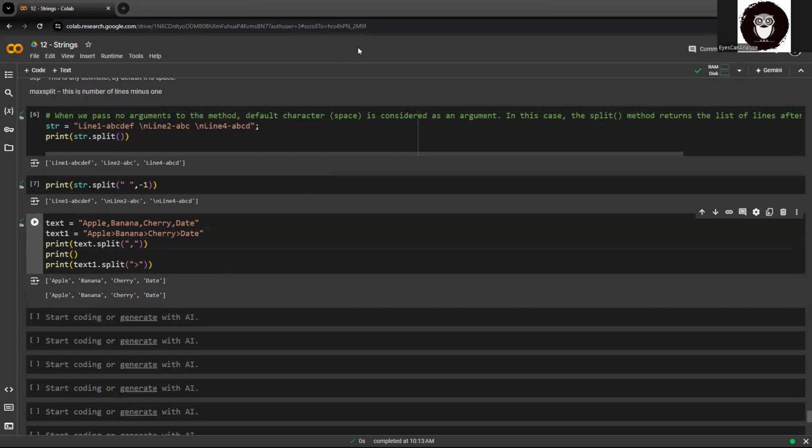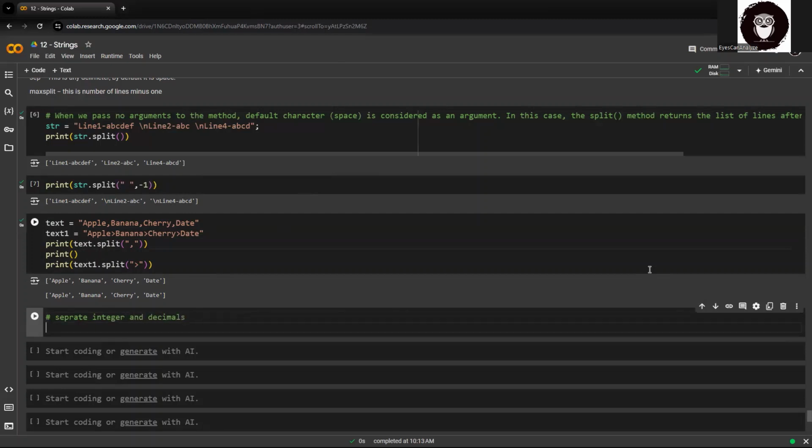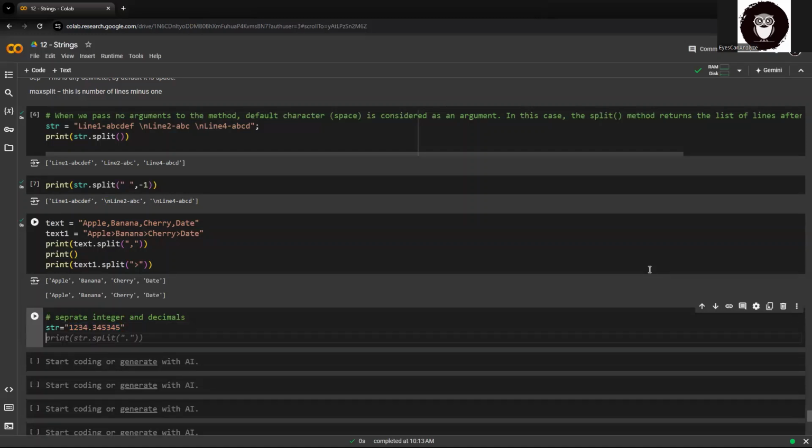Now we can also separate integers. Suppose I can separate integer and decimals. How can we do that? Suppose I have a string with a number called number as 1, 2, 3, 4 point. So these are the decimal points, and this is the integer whole number part. If I want to separate this